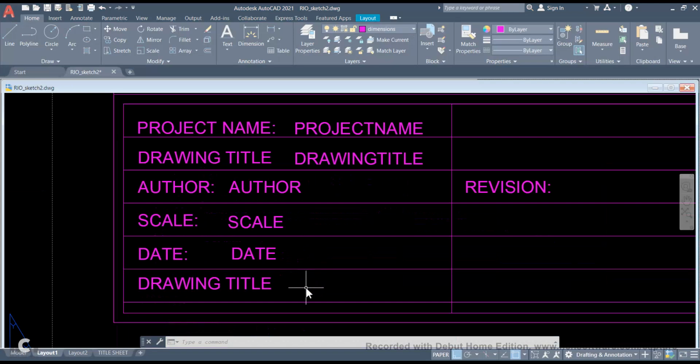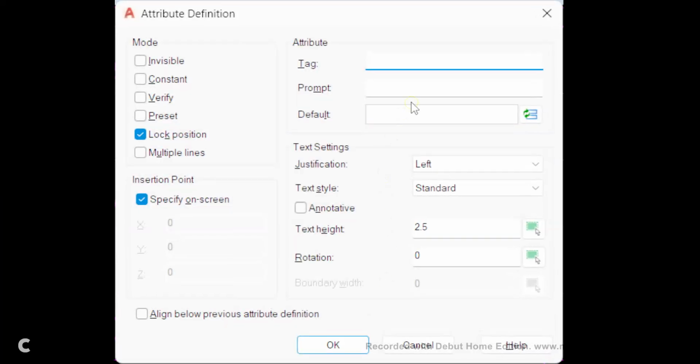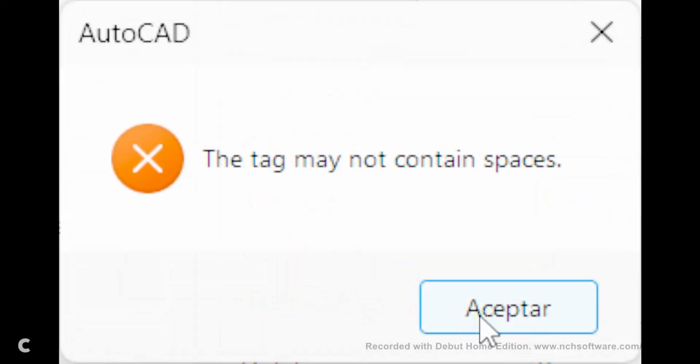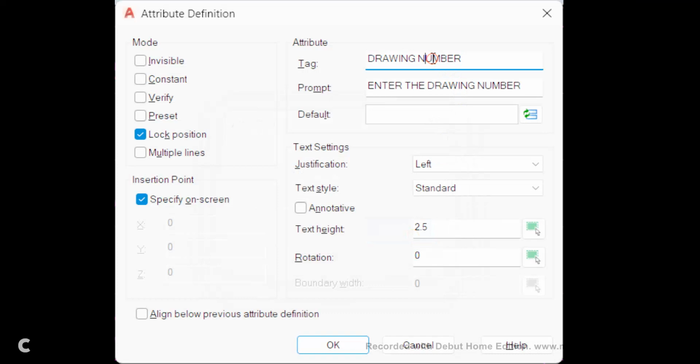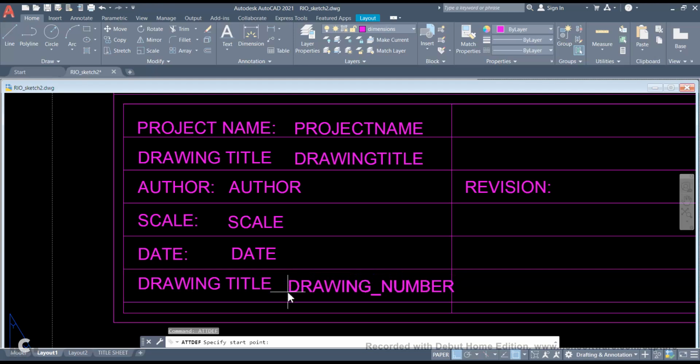Let's go to the drawing title. The drawing title could be a standard, but anyway we are going to go to the command line, look for the last command. It is going to be the drawing title, or we have that on the top, the drawing number. Enter the drawing number. Make sure it does not contain spaces. We should not have spaces. Enter the drawing number,